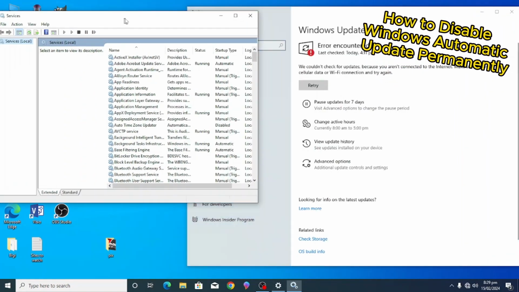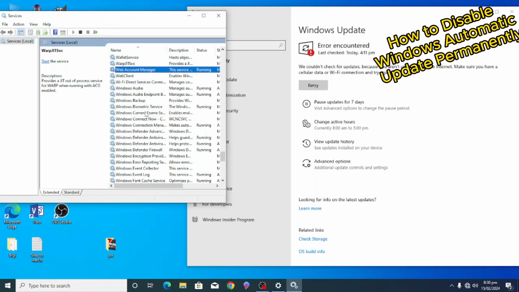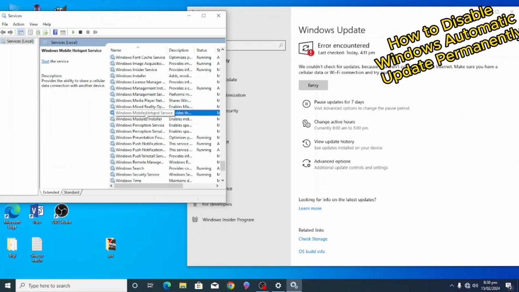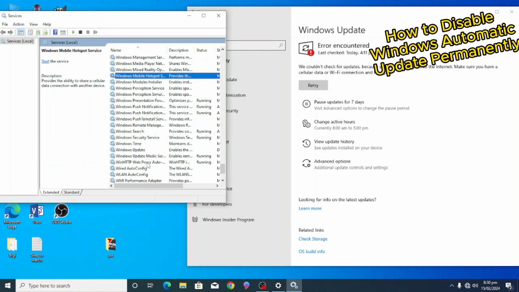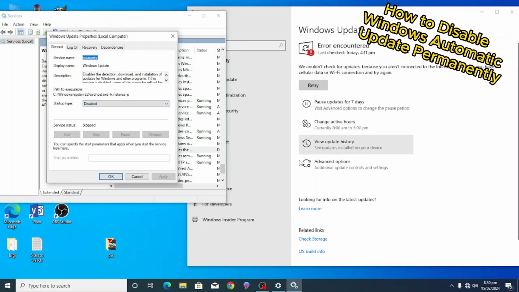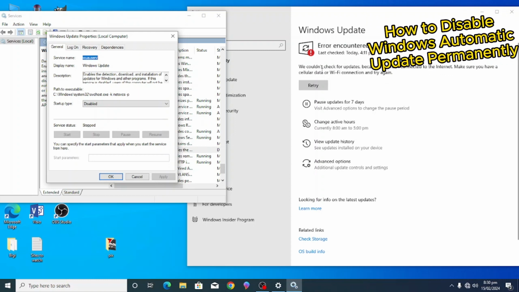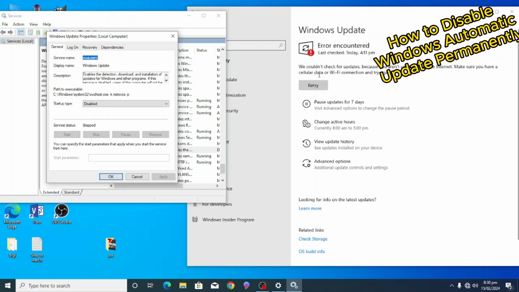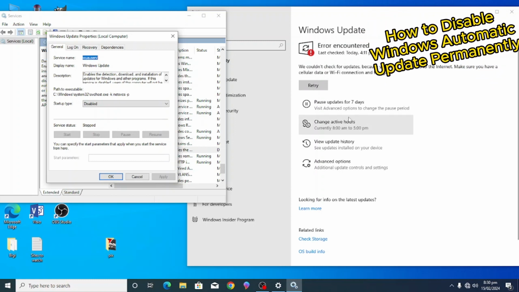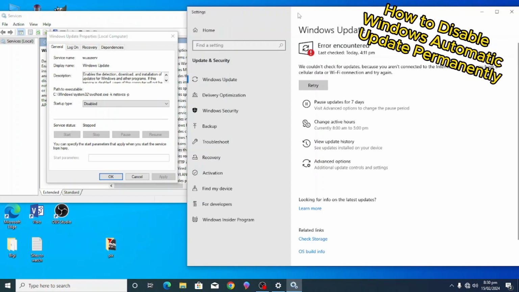Let me show you the service. It's already disabled here, but look at it here, it's disabled. But this here we haven't paused at all. You see, Check for Windows Updates will remain active here, but it won't do the automatic checking and updating anymore. So whenever you want to check for updates, you just come to Windows Update and click on